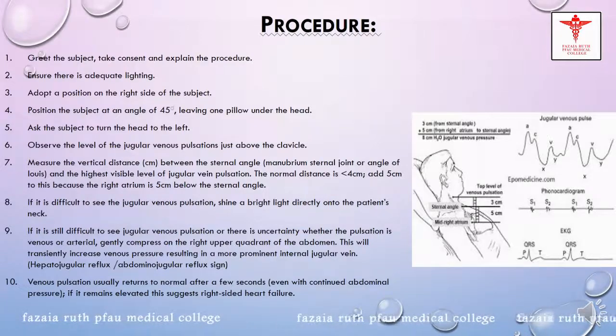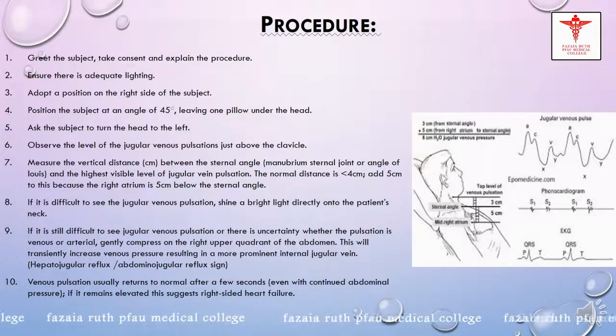Even if you are not sure whether the pulsations are of arterial origin or venous origin, then you can palpate your carotid artery, which is medial to the sternocleidomastoid muscle. And there is a difference. You can palpate the artery and you cannot palpate the vein. You can see the pulsations in the vein and you cannot see the pulsations in the carotid artery. There is a very high volume of blood in the artery, and you can very well appreciate the pulse in the carotid artery.